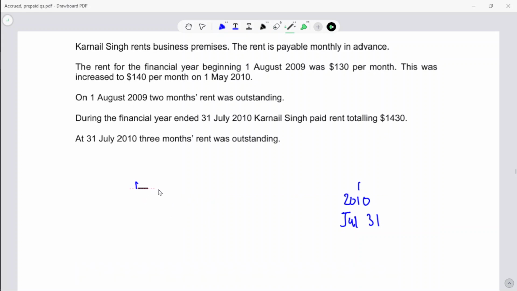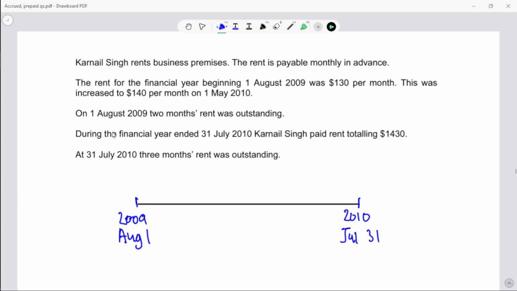Oops. Draw a timeline. 1 year before, 1 day after. Okay, so